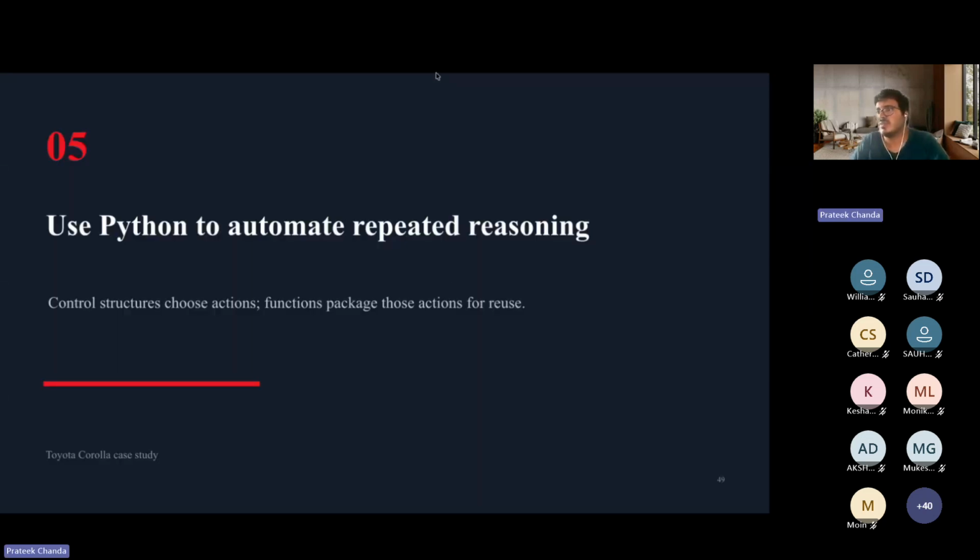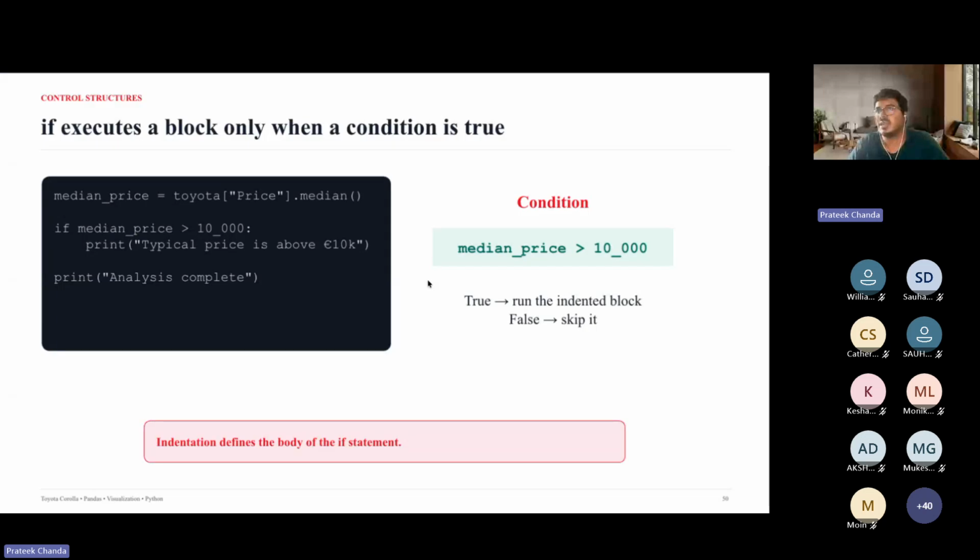So I think most of the settings are becoming clear. The last part of this session is about the execution for automating decisions. Let's say, based on the data frame itself, I want to take decisions. For example, if my median price of a car is greater than 10,000, I want to take some action there.